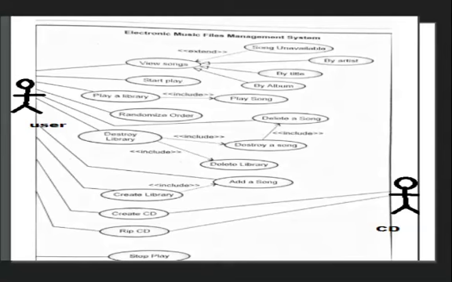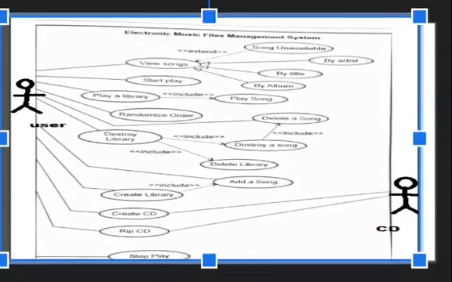The next activity done by the user will be delete a song. Then if he destroys the library, then the songs will be destroyed and the library will be deleted.